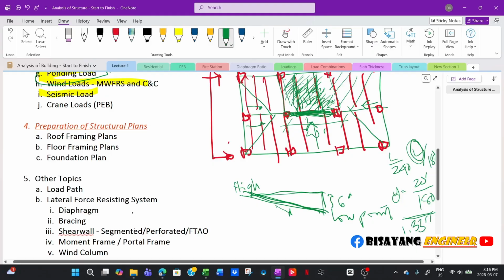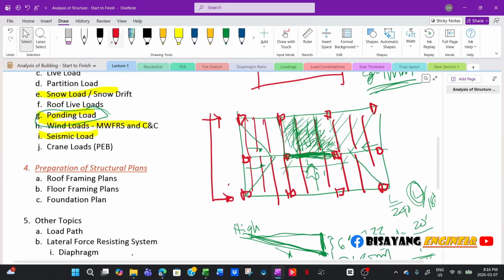So therefore, your maximum height difference here, right? The maximum height difference is 1.33 plus 6. So this will become 7.33. This will be your maximum height. Now to get the volume, so to get the total volume,